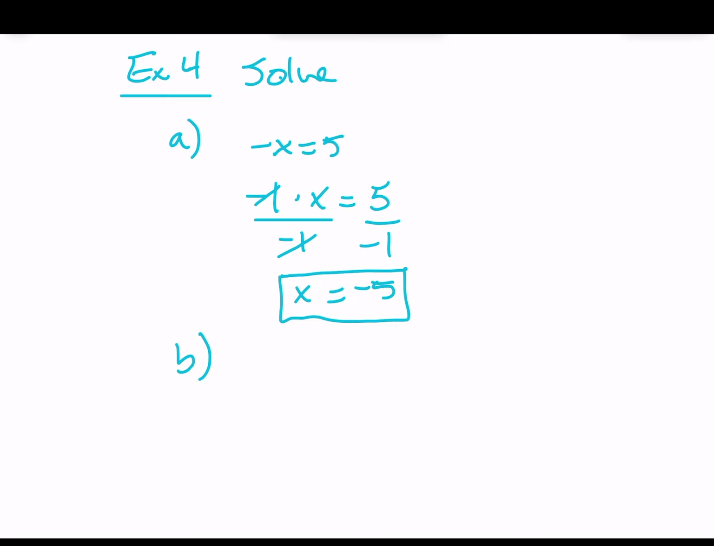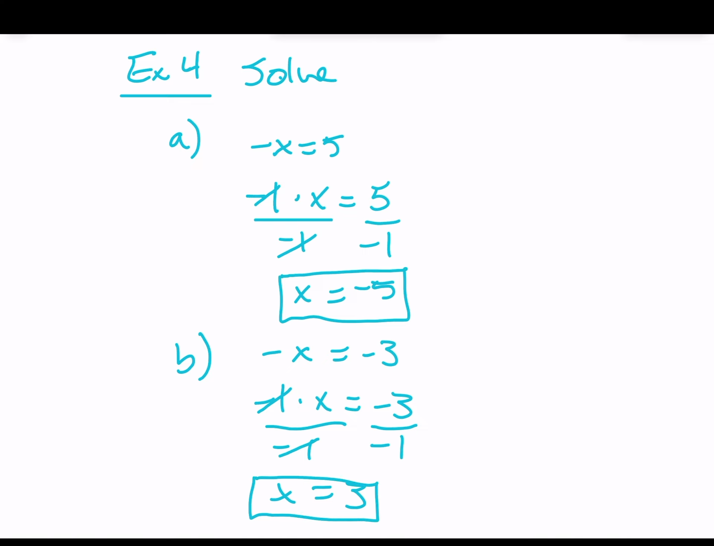Okay, part B, negative x equals negative 3. Same story. You see the negative in front of x. Remember that that's negative 1 times x. Divide both sides by negative 1, and you get x is equal to negative 3 divided by negative 1, which is just 3. So that's what you do when you have a negative in front of your variable as the